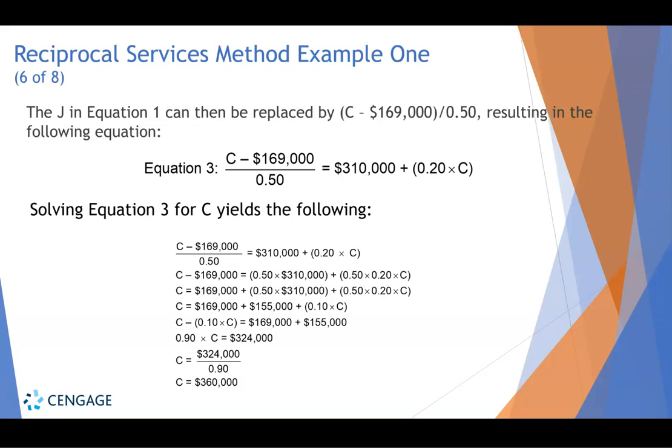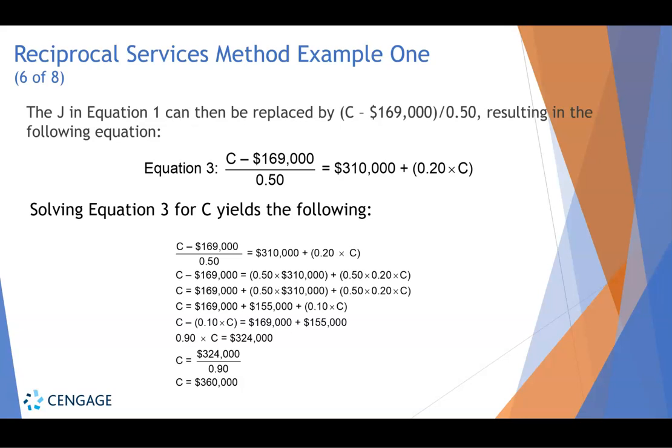The J in equation 1 can then be replaced by C minus 169,000 divided by 0.50, which equals the 310,000 plus 20% of C. Now we just have to solve for C because we've replaced the J. So C minus the 169,000, if we multiply both sides by 0.5, is going to equal 0.5 times 310,000 plus 0.5 times 0.2 times C,